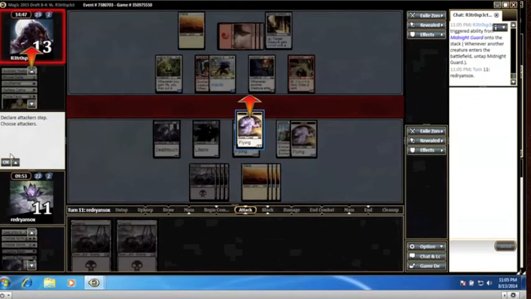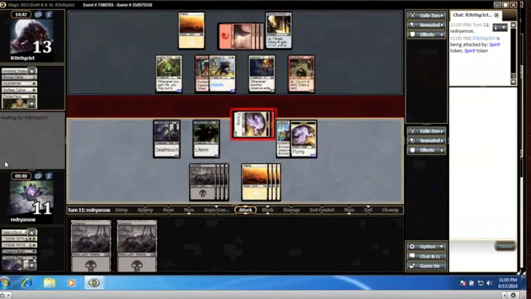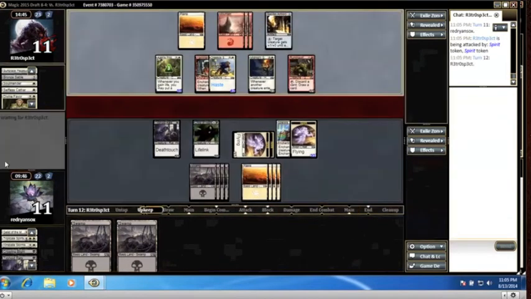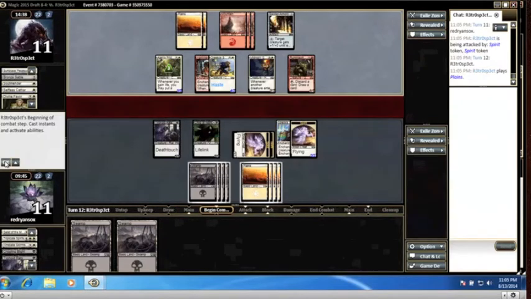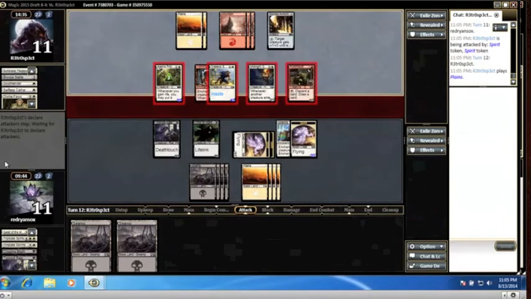We should watch our clock a little bit. It's kind of important if we go to a game 3 here. Okay, so he's attacking with everything. What could this be? I'm not totally sure. We want to put the Typhoid Rats in front of the Pride Mate. The Spirit probably in front of... Okay. So we're just going to make as many good blocks as we can here. That way...